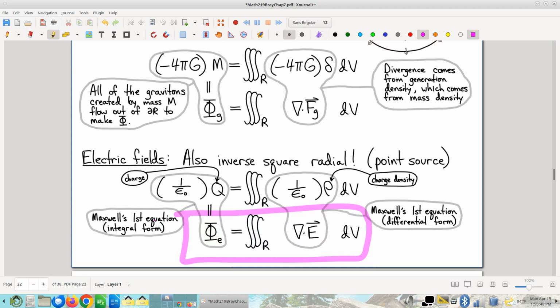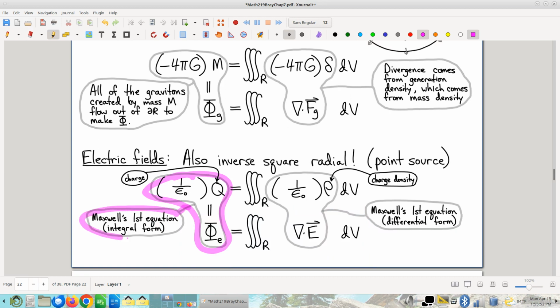Okay. All right. So now, FYI, this one here is one of Maxwell's equations. This is one of the big deals if you study E&M, which y'all either have or will. In my personal ordering, my preferred ordering, I would call this Maxwell's first equation. And this is the other version of it.